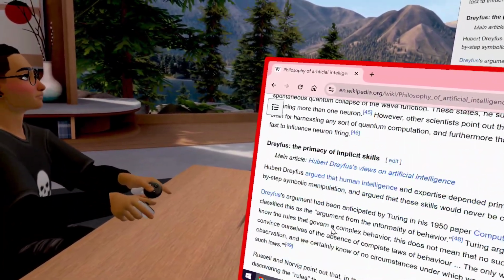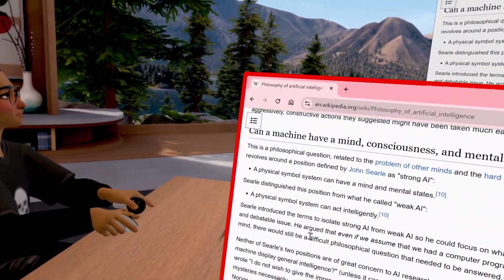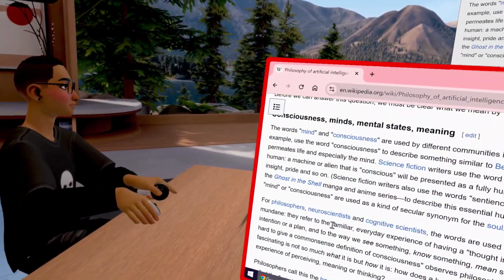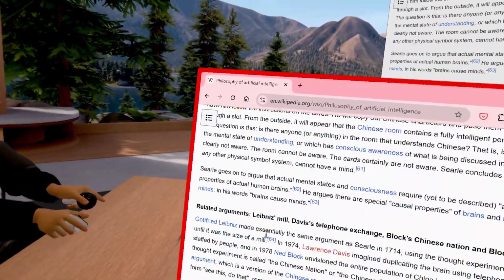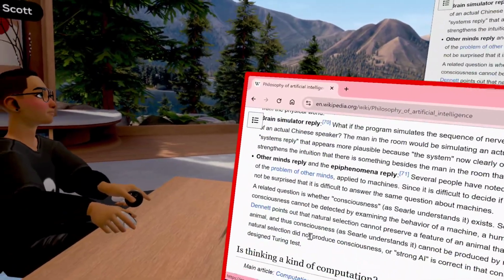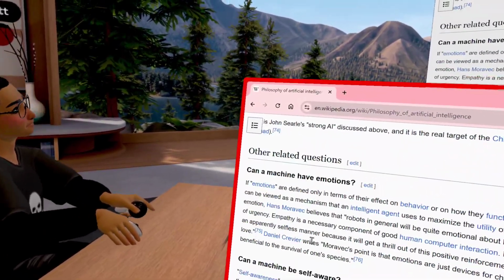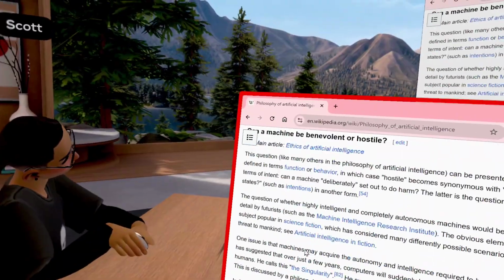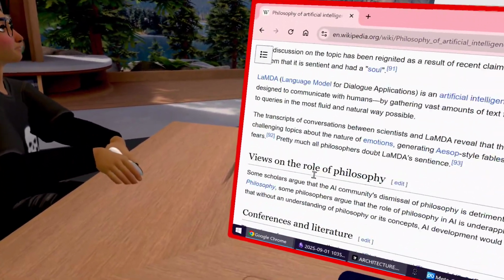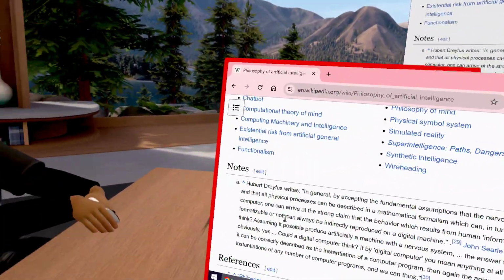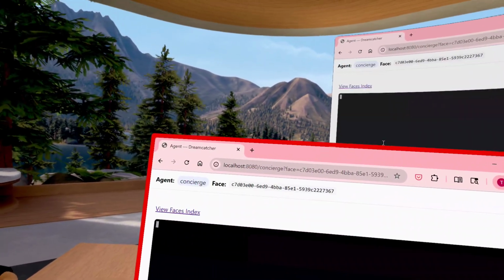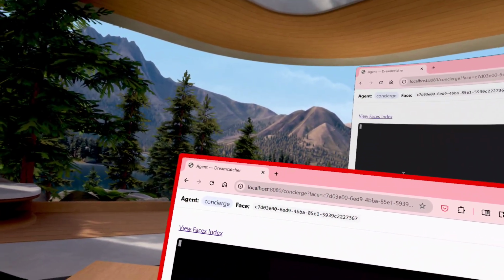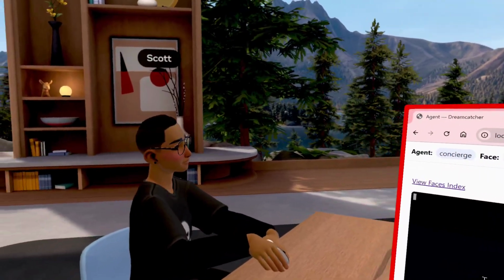An agent is defined as, I don't bloody well know, because it's probably not here. Whatever.